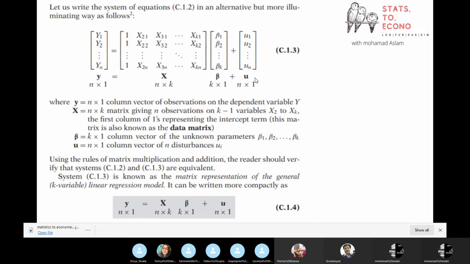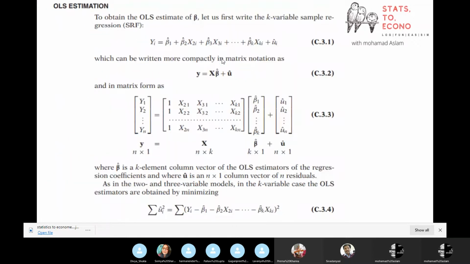Now from here we have to estimate, or derive, all the betas, because these are the sample estimates that we have to estimate. If it's sample data, then the notations will change. Now we have beta hat, the same thing we did yesterday, and u hat. Just a change in the notation to describe that this is from the sample data. So now in sample form, this equation is the same, but with the beta hat and residual hat. This is the matrix form.